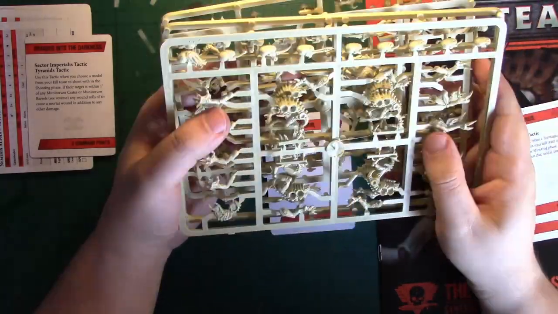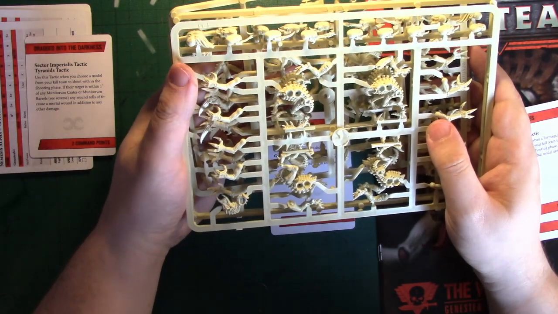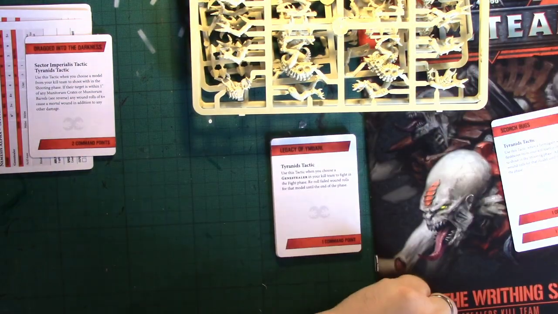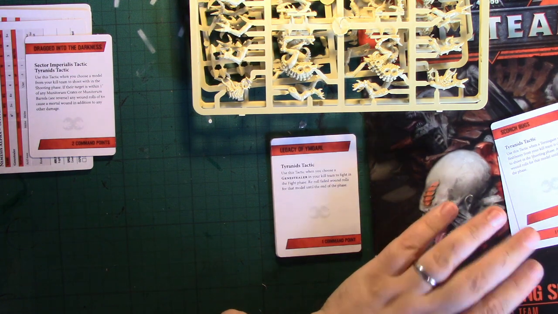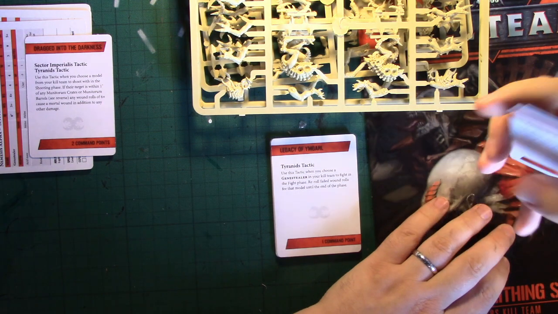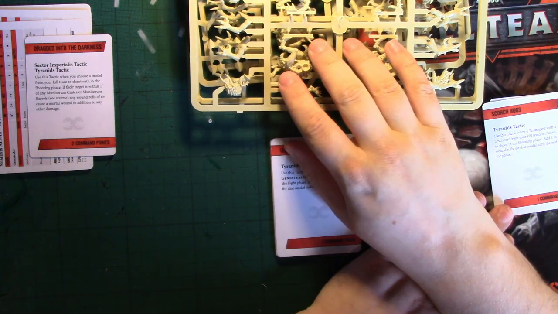So, is it worth 30 quid? I paid £23.50 for it, and it's definitely worth £23.50, because that's basically the cost of the scenery, and then £3.50 for all the cards. I'd say yes, if you're a Tyranid player, definitely get this. If you're thinking of dipping into Tyranids, then you've almost got a whole Kill Team in just these 8 Gene Stealers,